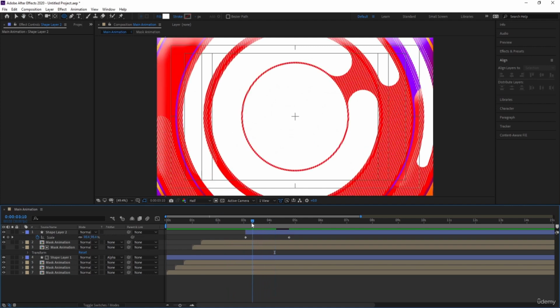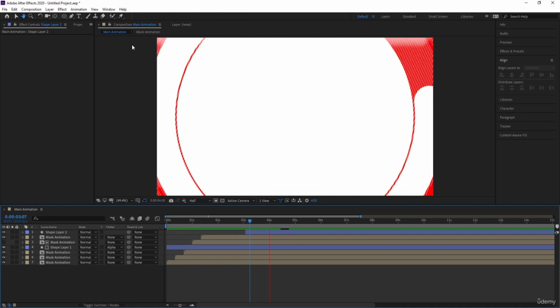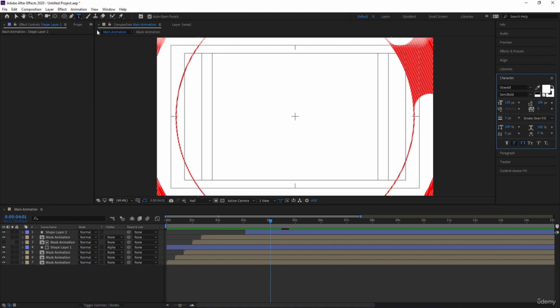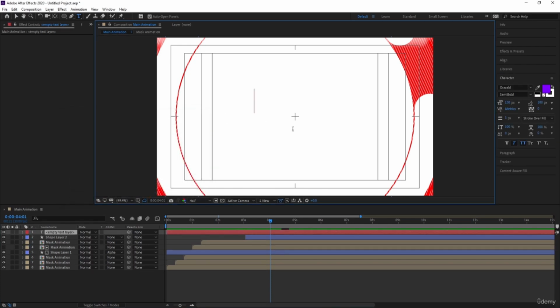Okay, now we will type our intro, but for that what we need to do over here, we need our logo or something. So for that what I'm going to do, I'm going to simply type text, but you can use any logo you want. I'm going to choose Oswald font and I'm going to choose, let's say, somewhere around purple color over here, and I'm going to type motion